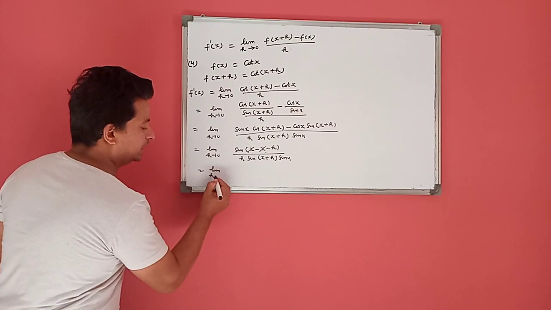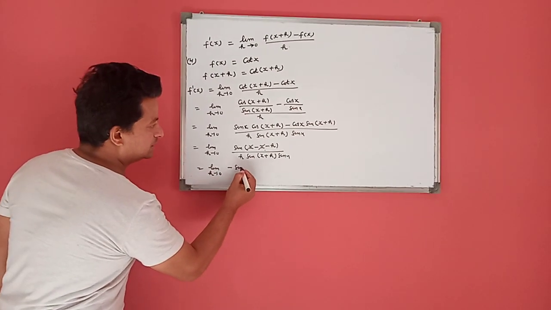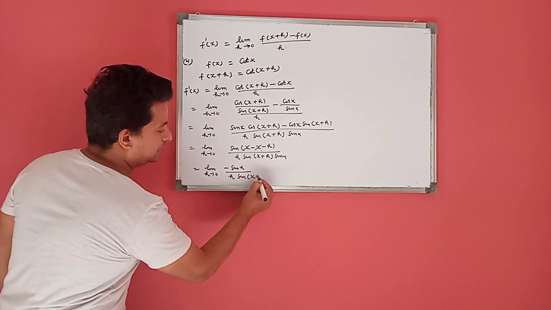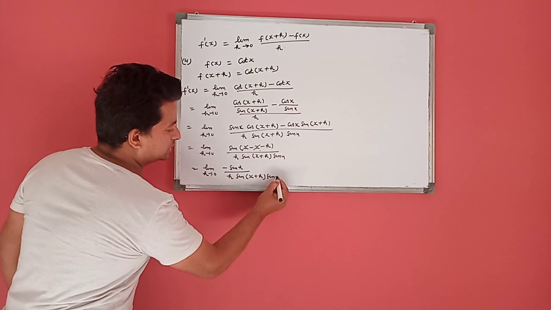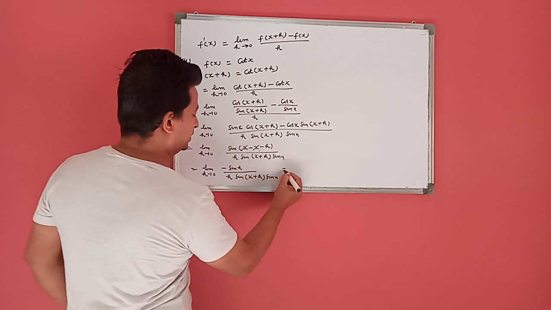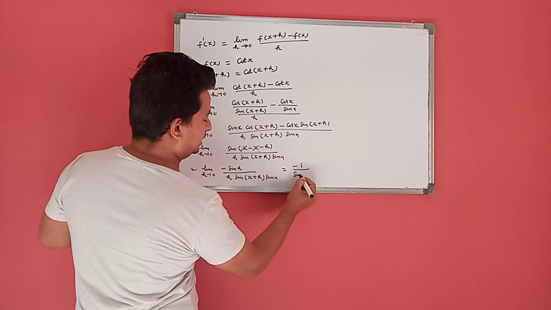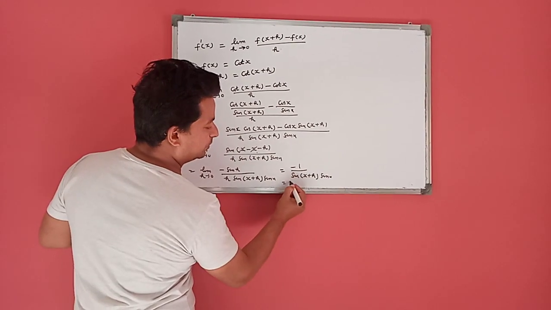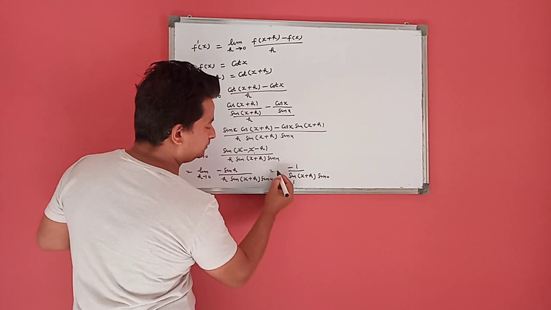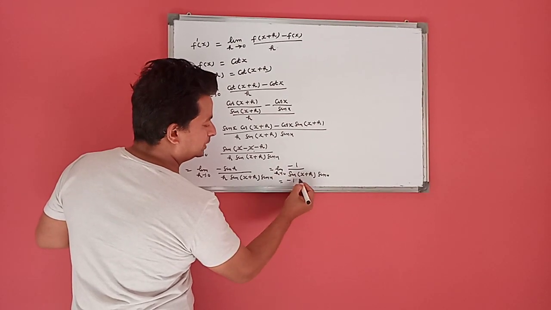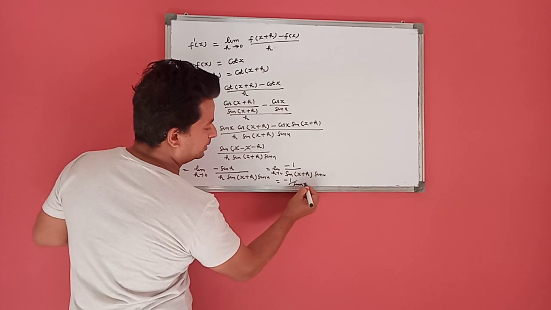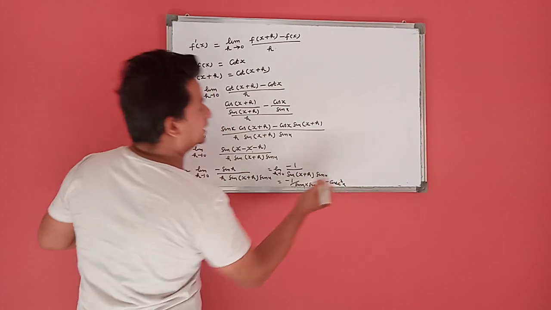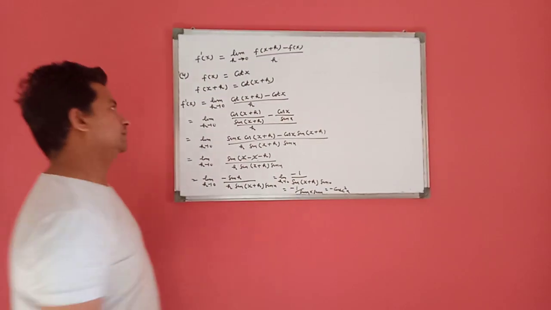As we know, sin of negative theta is negative sin theta. This is h over sin(x + h) sin x. This sin h over h equals 1. So this is negative 1 over sin(x + h) into sin x. When we put h as 0, this becomes negative 1 upon sin into sin. 1 upon sin square is cosecant square x. So the derivative is negative cosecant square x. This is the fourth result.